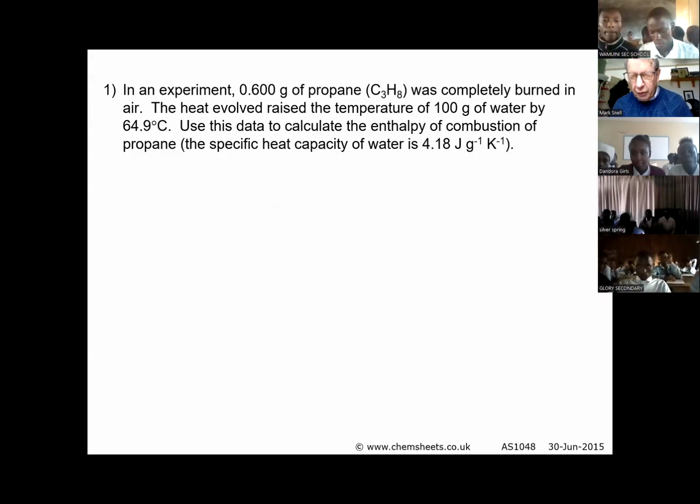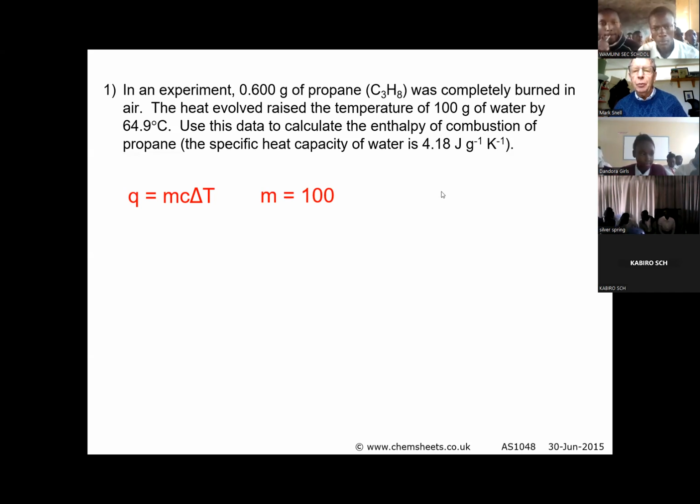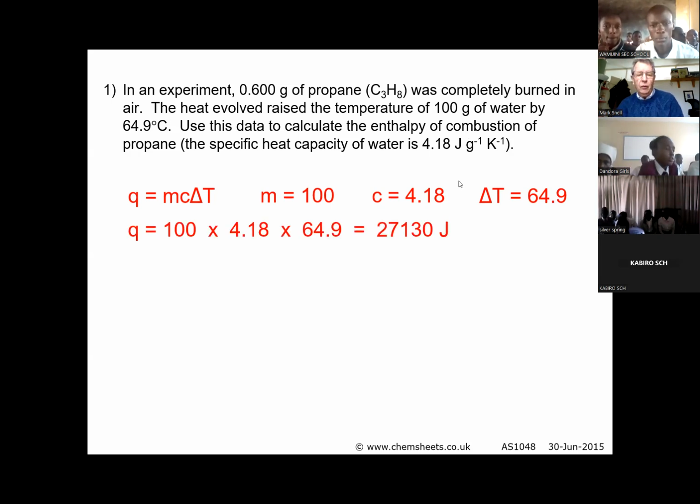Okay, so here's the question again. What we have to do is find the pieces of information we need. Remember, Q is M times C times delta T. M is only the mass of the water. There it is, 100 grams of water. So M is 100, the specific heat capacity is 4.18, and the delta T is 64.9. It says it raised the temperature by 64.9. Therefore, Q is 100 times 4.18 times 64.9 is